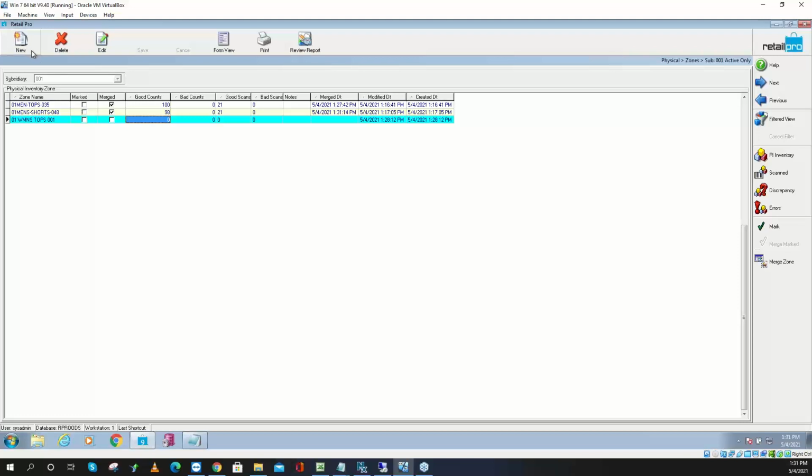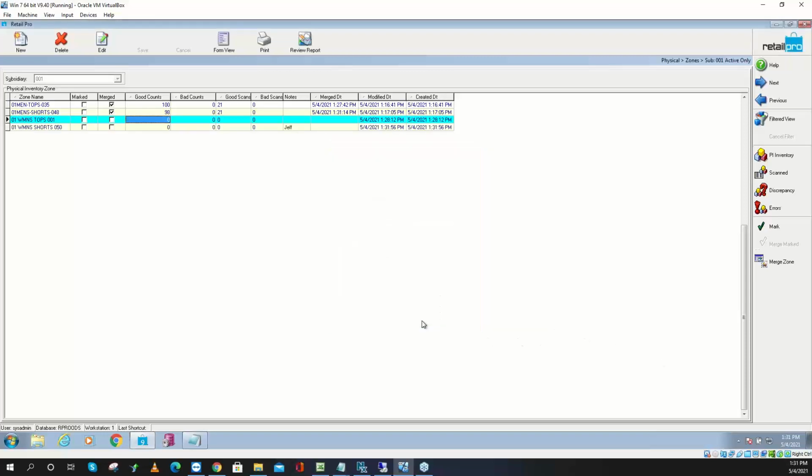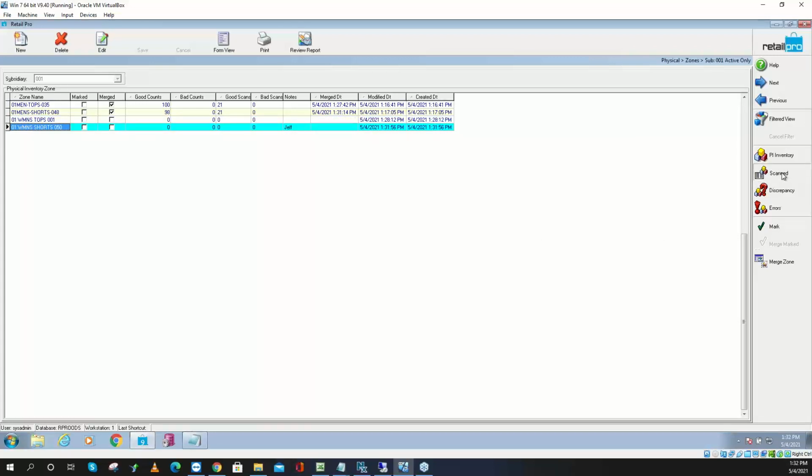So I click new, I give it a name, right? Actually, let's click new. So right here, store, right? Name, whatever. Oh, I forgot the store. You can do whatever you want in this naming convention. Just make it a good one, right? And then down here, if Jeff was scanning this, I would just put his name and maybe say what it is, but we already have shorts at the top, so I think that's probably good, right? Then we create that, we highlight it, go over here to scanned,